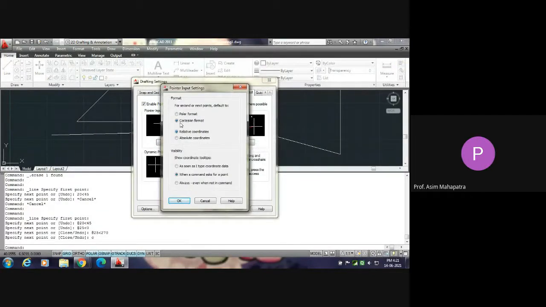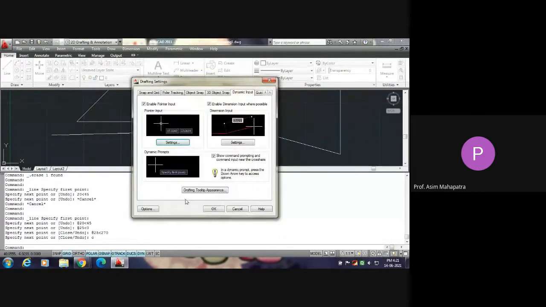You see, the Cartesian format is the default format. So I have to give at the rate always. We prefer the polar format. Okay.